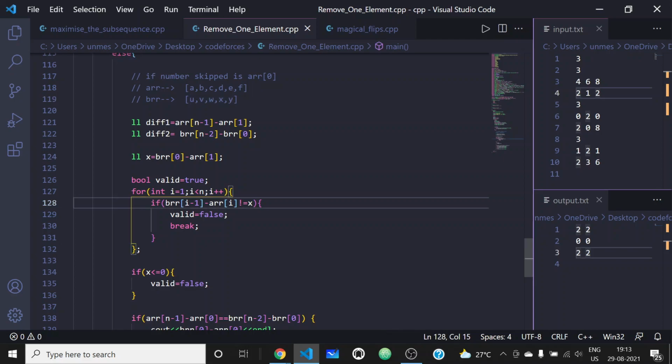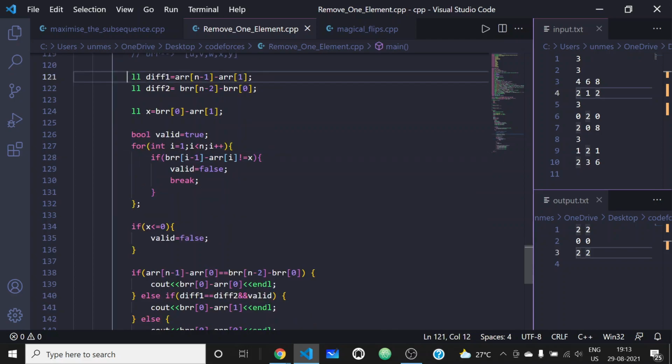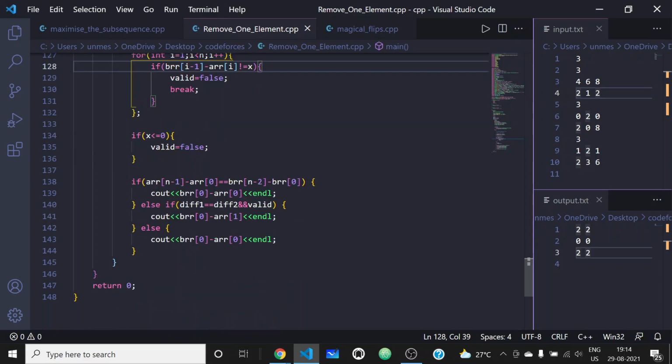So in that case, if this valid is true, I have basically checked whether all the differences between all these elements are the same or not. If the differences between all these elements are the same, then this valid will be true. So I have just checked whether this valid is true and the difference of the second and last element is the same or not.